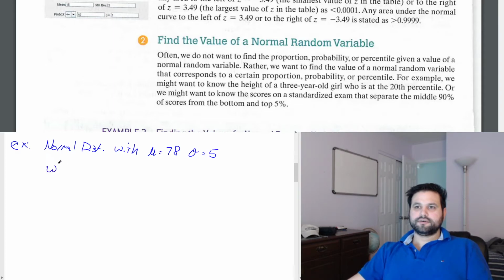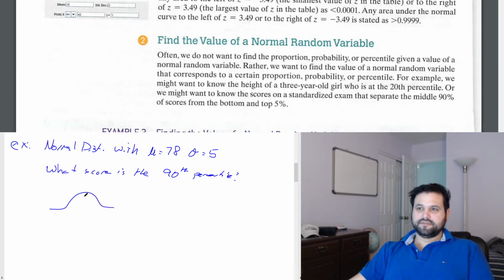So what score is the 90th percentile? So again, I always like to draw these. So I just quickly sketch a curve. I know that 78 is right in the middle. And I know my standard deviation is 5. And I'm looking for the 90th percentile. So I know that 90% of the data is going to be somewhere over here, right? So I'm looking for